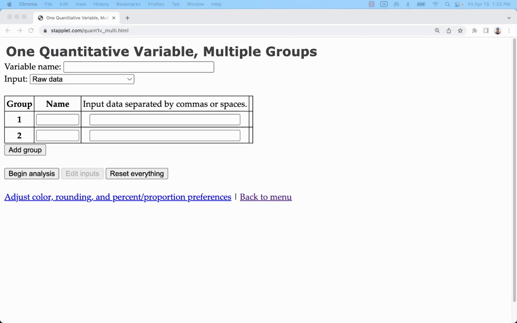The spreadsheet I'm going to use for that is a population consisting of the ages of every person who won Best Actor or Best Actress at the Oscars. And so I'm going to input raw data again. The first one, I would want to put women or actresses. And then here I have actors.